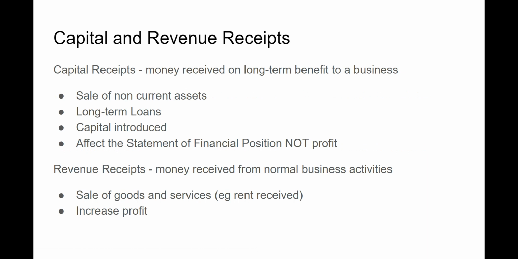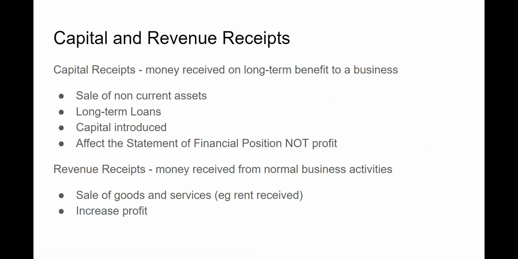Less common, but you still need to know about it, is capital and revenue receipts. Capital receipts is money received, I should say, on long-term benefit to a business. That would include the money coming in from the sale of non-current assets, any long-term loans a business takes out, any capital introduced, and it will affect the statement of financial position and